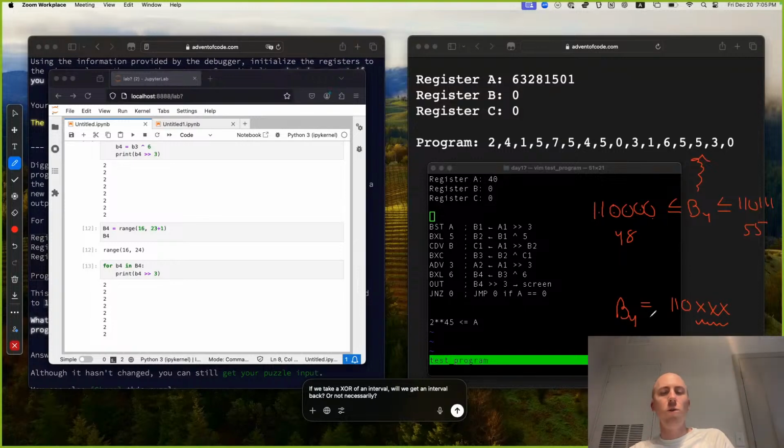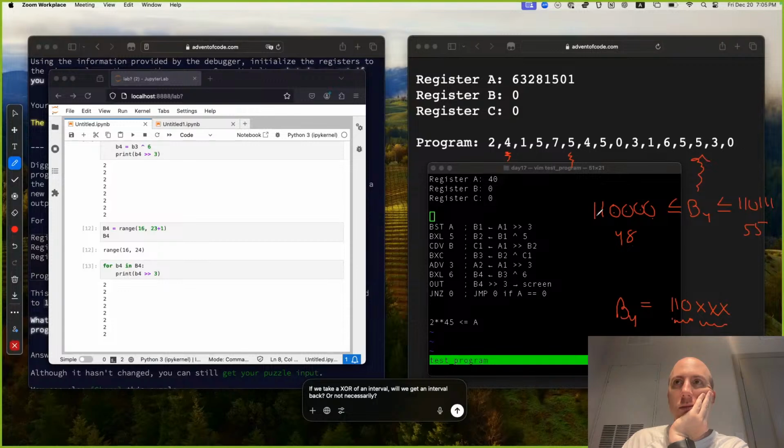So is this always going to... are we always going to basically have to do the same thing here? It's just got to be the case that B4 is always just going to have to be the value that we want to output, followed by anything. So it has to be in the range. So to print any of these values,